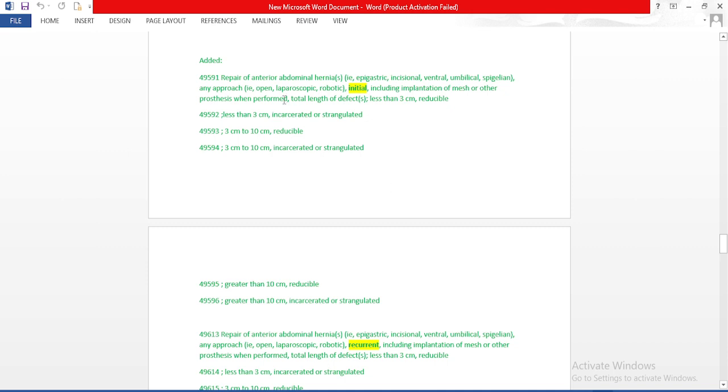For example, take 49591, repair of anterior abdominal wall hernia, that is epigastric, incisional, ventral, umbilical, spigelian, any approach, open, laparoscopic or robotic, initial, including implantation of mesh or other prosthesis when performed, total length of defect less than 3 centimeters, reducible. Previously we had separate sections for open and laparoscopic, but in 2023 they have added